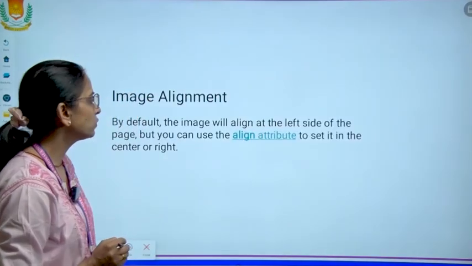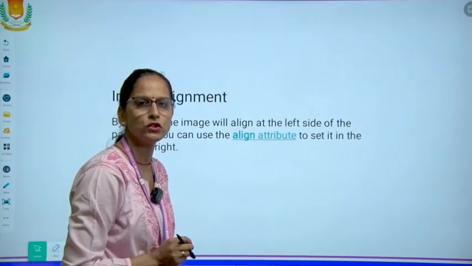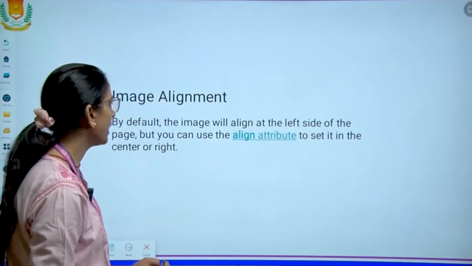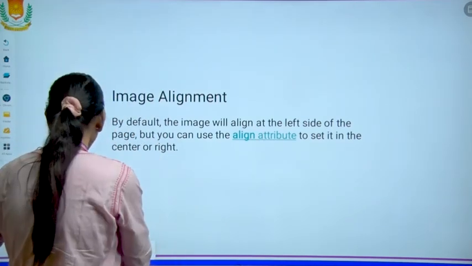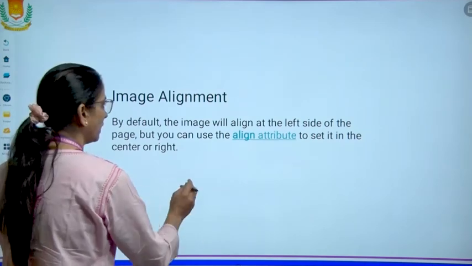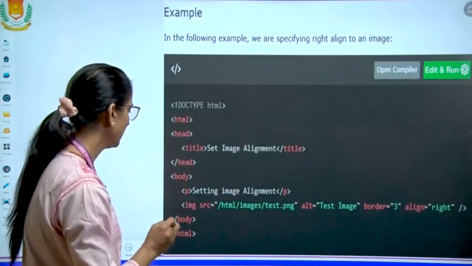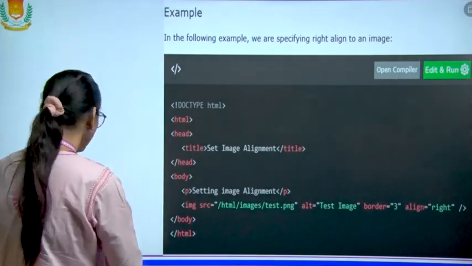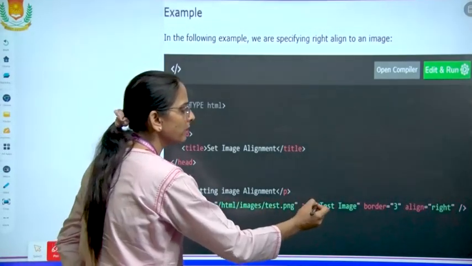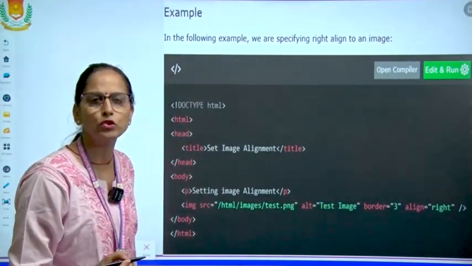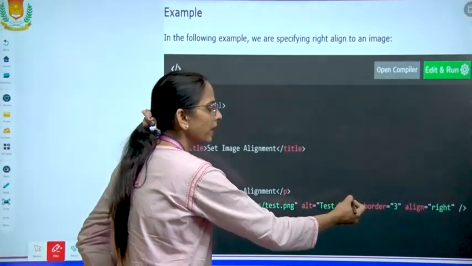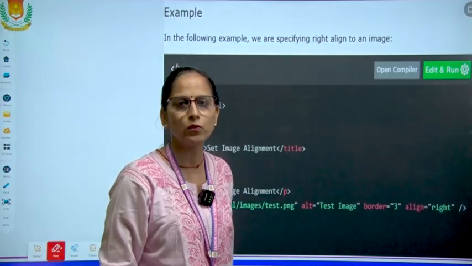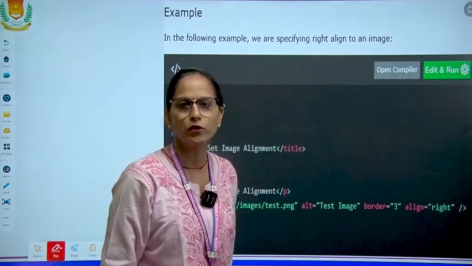Then we can specify the alignment for the image also. Left, right and center alignment can be applied. So this is the align attribute. Now the example for the align attribute is given there. See, as we are discussing the different attributes of the image tag, the list can grow, and all these attributes can be used as per the requirements of the visibility of your web page.